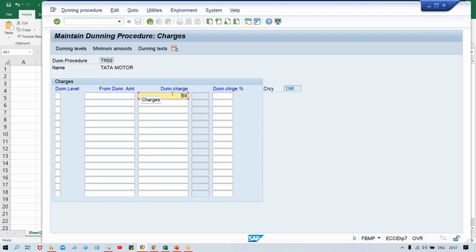So now charges means, again, you'll be having options like during first reminder, how much? During second reminder, how much? During third reminder, how much? So here you have to give first, second, and third. This is the level, right? 50 and then 100 and then let's suppose 200. Like that we can give. Okay. So generally, if you talk, once you have to configure this dunning procedure, let's suppose in real time,